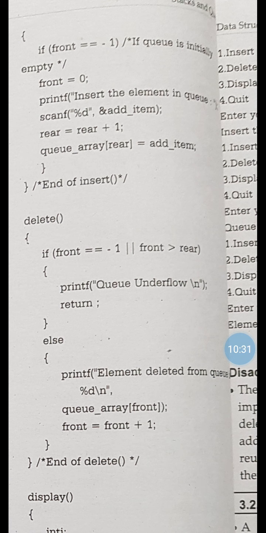So what we will do, queue array front, we will find out the front pointer, and at the time of deletion we will never be using minus. Always front equal to front plus 1, so front will be incremented.